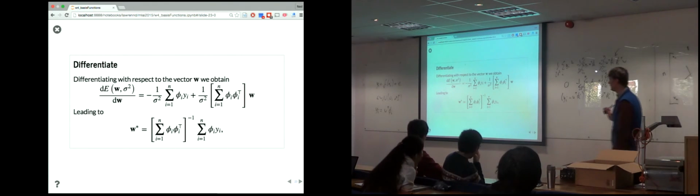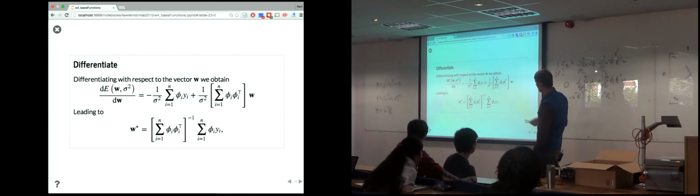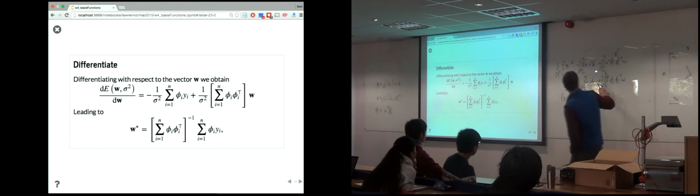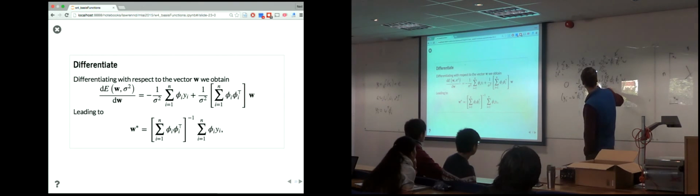So the reason we had the sign wrong there was because we were showing the gradient with respect to the likelihood. I've changed that to the gradient with respect to the error function. So what we're seeing is this 2 cancelling with that 2, giving us phi_i y_i. Minus 1 over sigma squared phi_i y_i, plus 1 over sigma squared, with the 2 cancelling again,